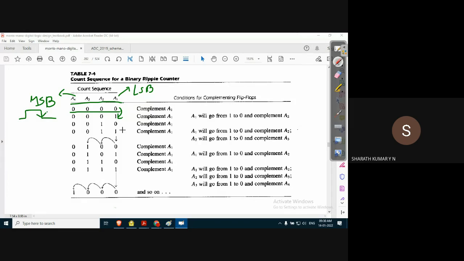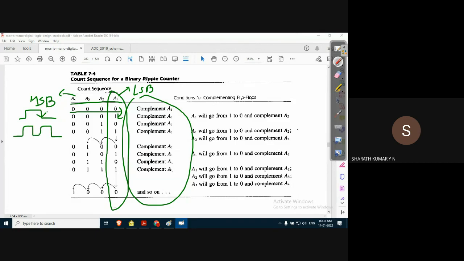Like this it continues. Here A1 will continue to complement, changing state as long as the negative edge of the clock pulse is applied. Observe this statement.